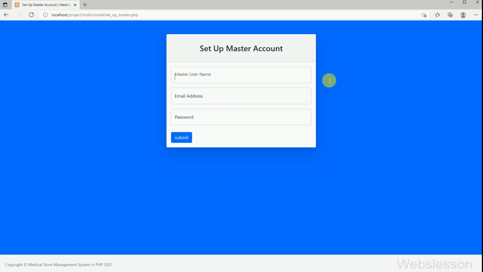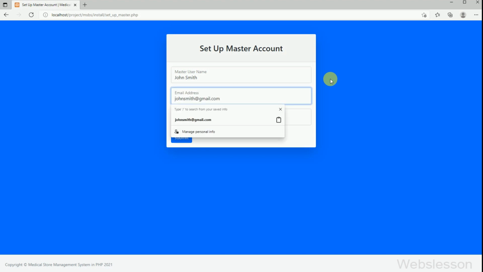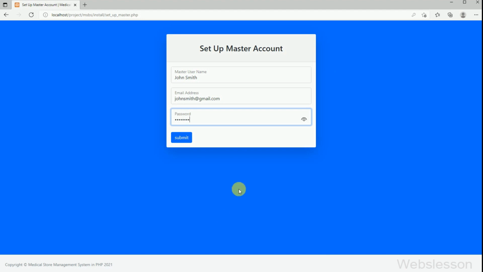Once the tables have been created, it again asks to set up a master user account. So here, we have filled master user name, master user email address, and master user password details. This email and password will be used to log in to the system. After filling all these details, we have clicked on submit button. After clicking submit, our master user account has been created, and now it has asked